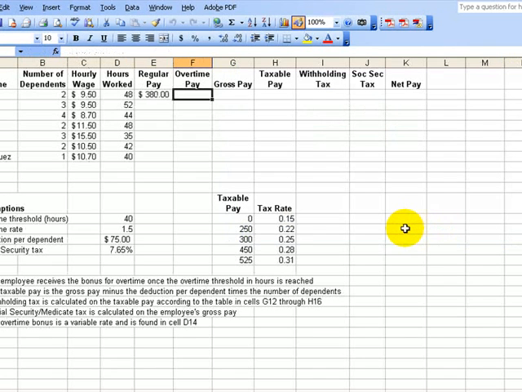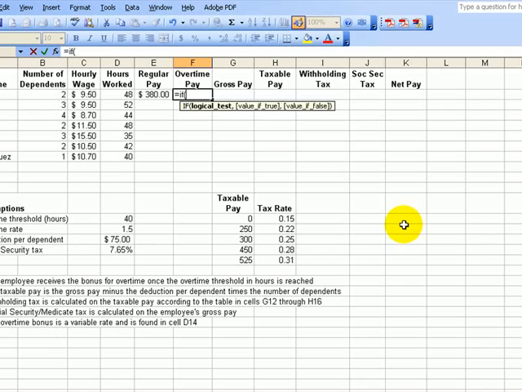We say, okay, let's go to the right. We're going to do the overtime. Again, another if statement. You can also type it in. Equal if, left parenthesis. You got a little bubble down there that tells you what you're doing, separated with commas, bold in there. The bold section is what you have to do first. So what we want to say, if D2 is greater than 40 hours,